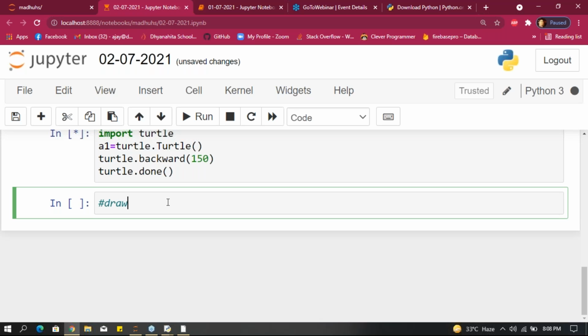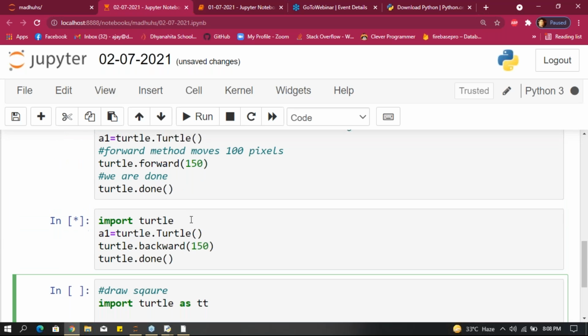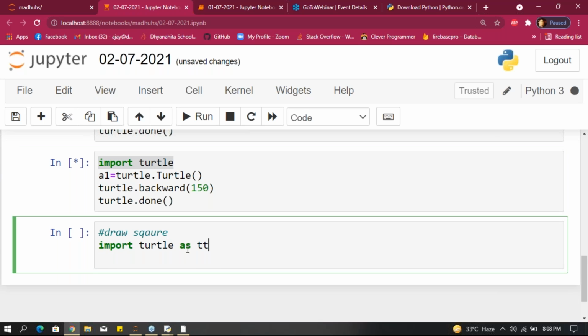How to draw a square. First, same as this program. Import turtle as, I'm giving here, TT. Here I'm importing turtle and giving it a name, TT.